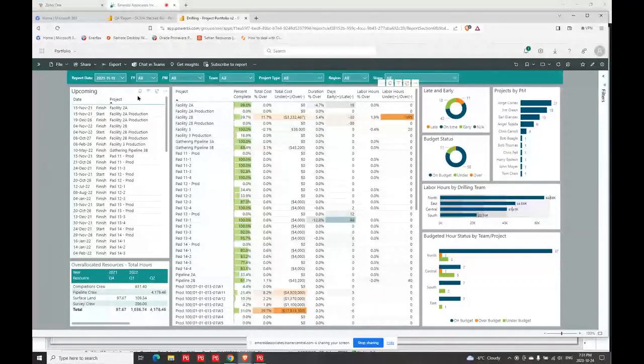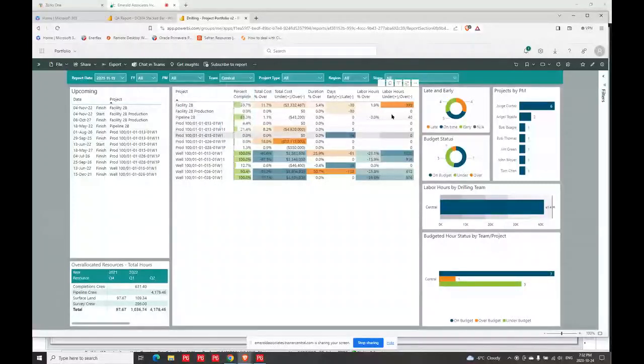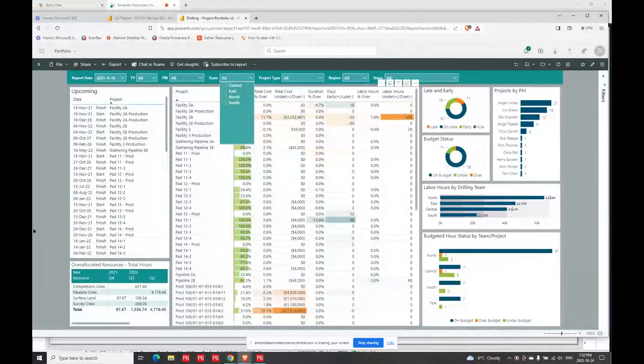Now, if I wanted to look at a drill down a little different than that, one of the things I can do, I did show you the teams. Let's just look at what is in the central team, for example. So I'll just click on central and you'll notice what it does. Now I'm only looking at the projects that are being handled by the central team, and same type of information, but now it's just on that group. So you've got very, very easy access to some very good information